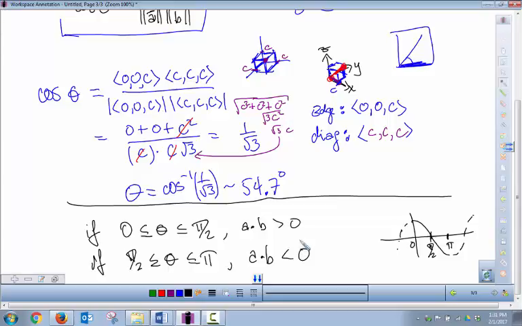So that would be good to try to remember when you're taking dot products of things. If you take the dot product of something, you get a negative number, that's okay. That just means that the angle between those two vectors is greater than 90 degrees. Okay? Any questions about dot product so far? All right, let's